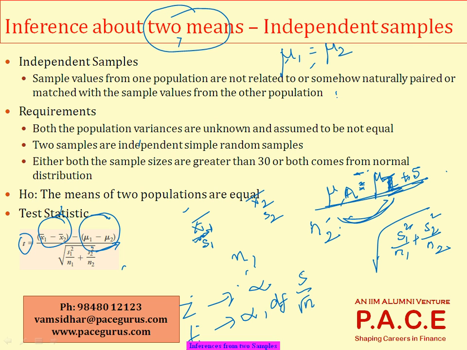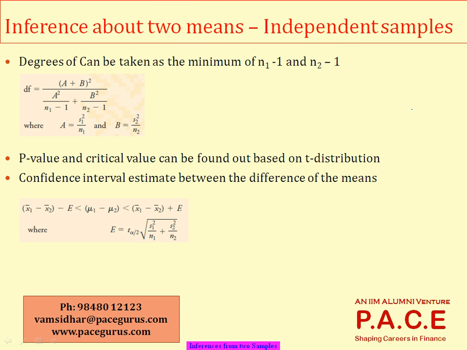One of them says you take the minimum of n1 minus 1 and n2 minus 1, whatever is the smallest of these two, you take it as the degrees of freedom, and based on that, for a particular level of significance or 95% level of confidence, you try to find out your t statistic. But there is one more derivation that has been done by the people, where they have come up with a